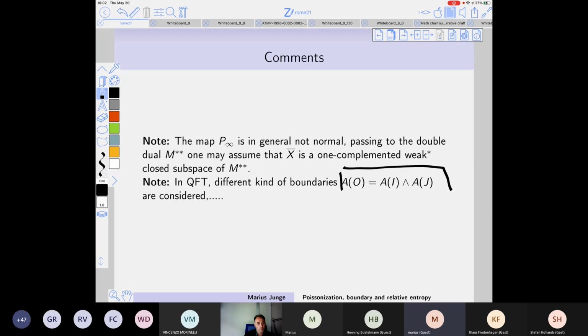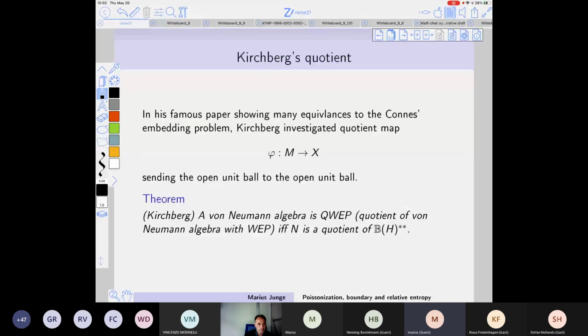Okay, there are other boundaries in CFT. I've often seen forms of boundaries by these light cones, right, of that form. This is not what I'm doing right now. Maybe this will fit in this project later, but at the moment, I'm not doing this. I'm just really talking about this operator algebraic boundary. So just as a warning, if I talk about boundary, this is not the one I mean here. I mean really this operator algebraic viewpoint. Good. There is a lot of theory about this.